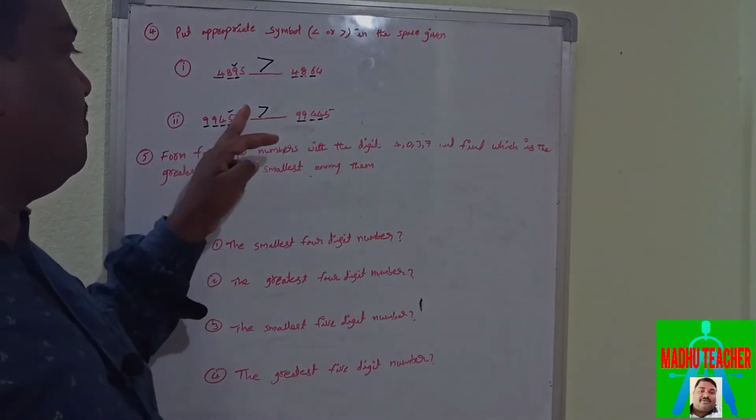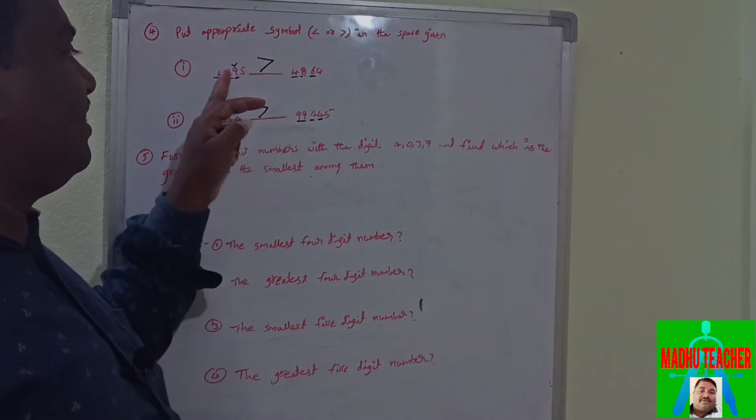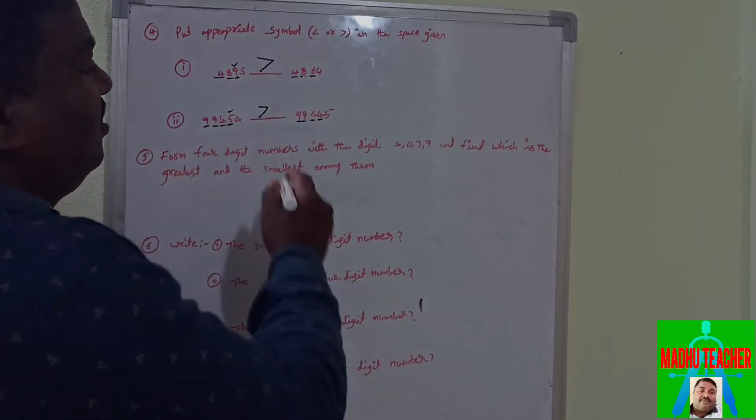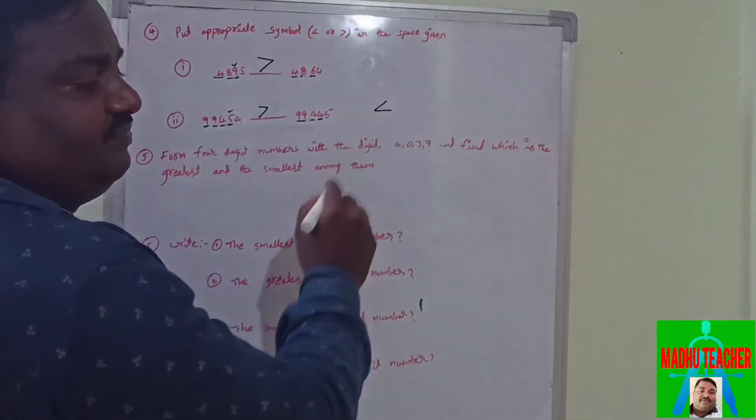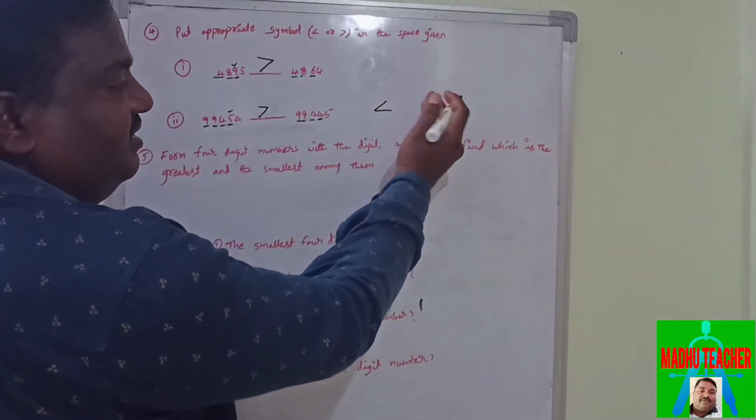Okay, this open side number should be greater. If this number is greater, you have to write this symbol. This side number is greater. Okay,